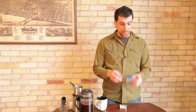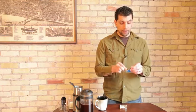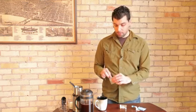Today, I'm using a French press, but you could use a traditional drip coffee pot in your home. Brew up the coffee as normal, and then if you're going to be using the tea bag, all you're going to do is take the tea bag out of its wrapper, and you're going to place the tea bag into the cup. You're going to pour your coffee over the tea bag, let the tea bag steep for about 3